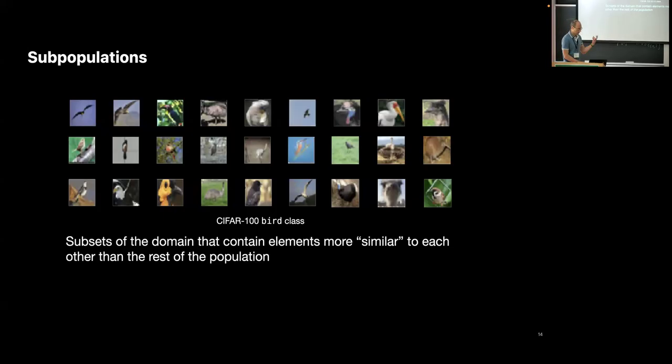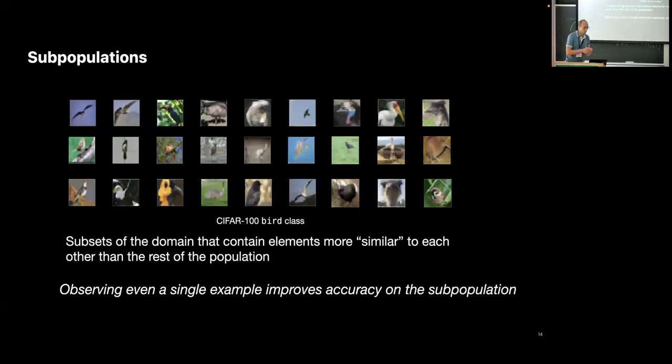So basically, the way this more discrete setting is mapped to this more natural setting is that each point now corresponds to an entire subpopulation. The property that allows us to map from one setting to the other is that each rare subpopulation is sufficiently distinct from other examples, so that before observing an example, the accuracy is maybe not very high. And once you observe even a single example, your accuracy grows noticeably on the entire subpopulation. So it's a reasonable, hopefully relatively natural property, but it's one that one can actually try and verify